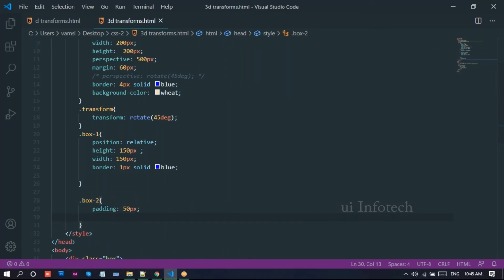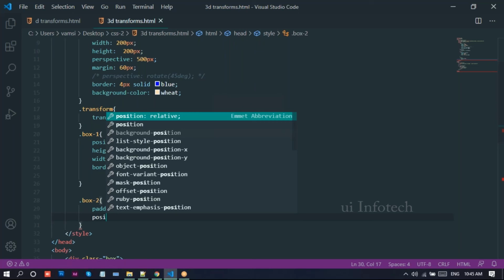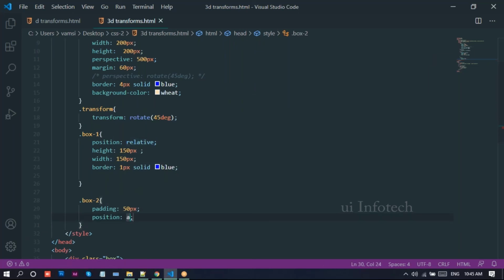And this is a child box, right? The child is always absolute to the parent position. The parent we have created with relative position, right? So I'll take this position and provide absolute position. And I'll apply this border.